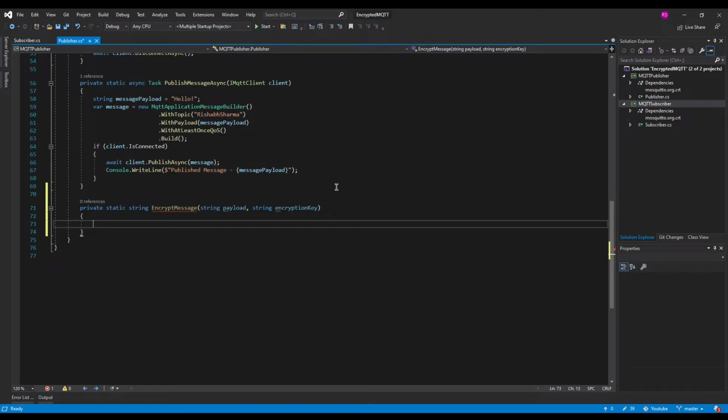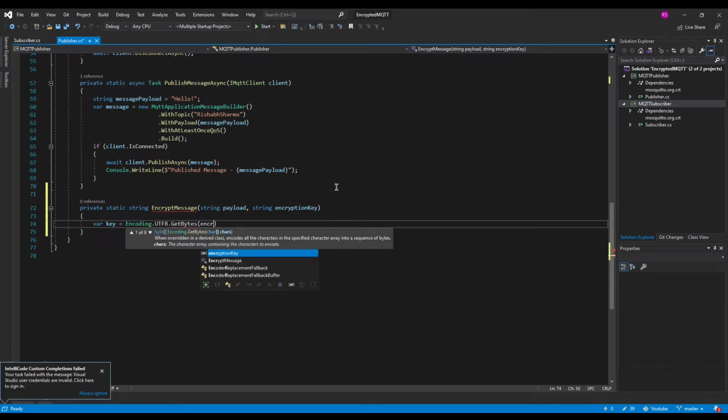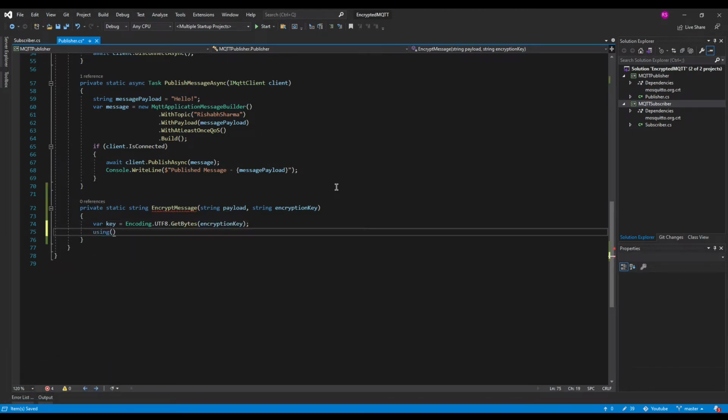We will start with extracting the key. We will first convert this encryption key to an array of bytes. Then we will create an instance of the AES algorithm.